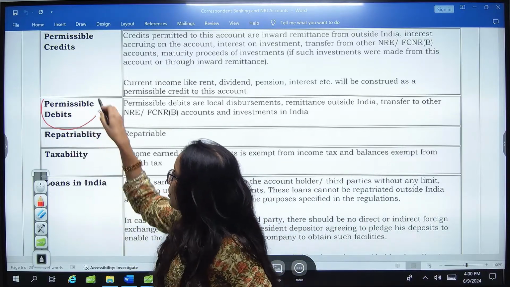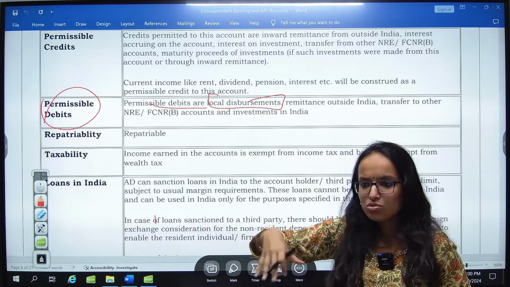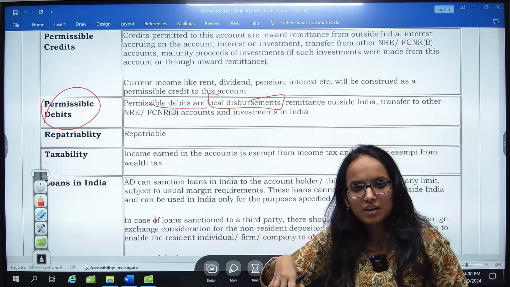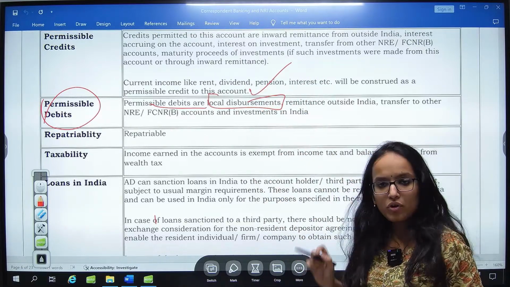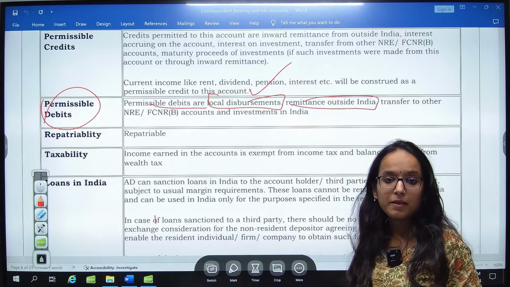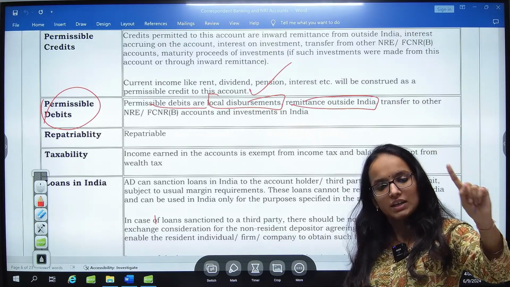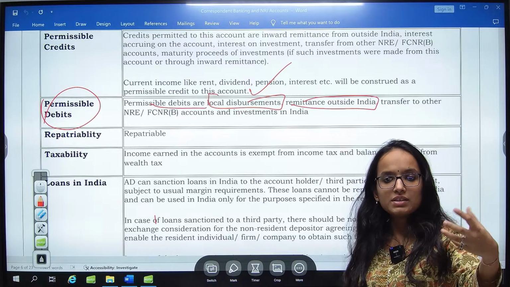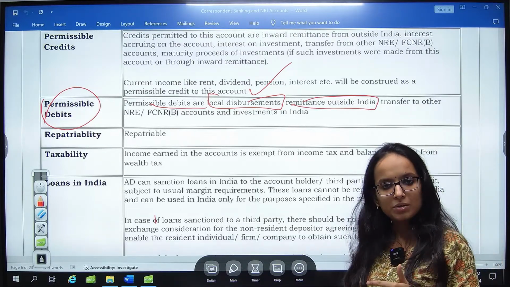Permissible debits are local disbursements. You need to send money to someone who is local or in India particularly, right? So for local disbursements, debit from the account is allowed. Then remittance outside India. Since inward remittances were also allowed, remittances outside India are also allowed. You want to send some money as remittance to any country outside India, that is also a permissible debit from